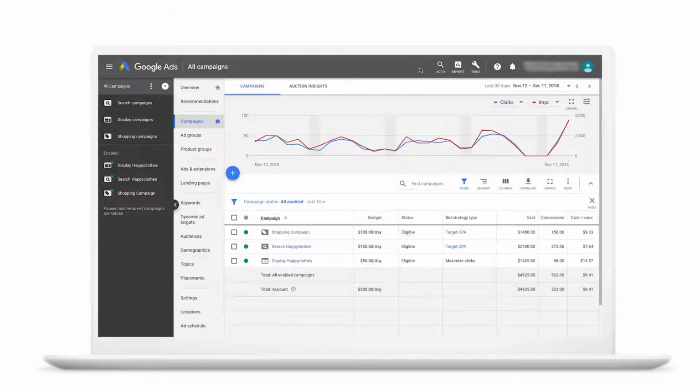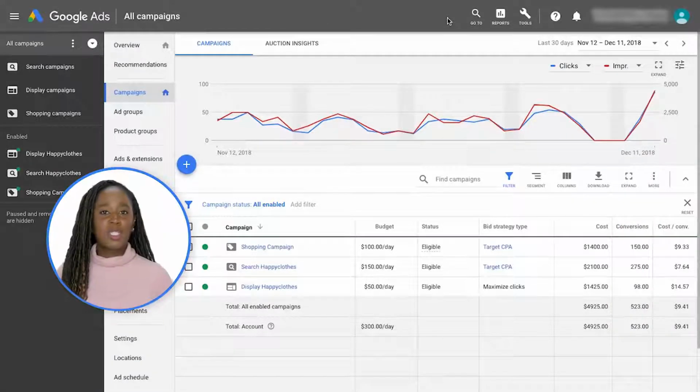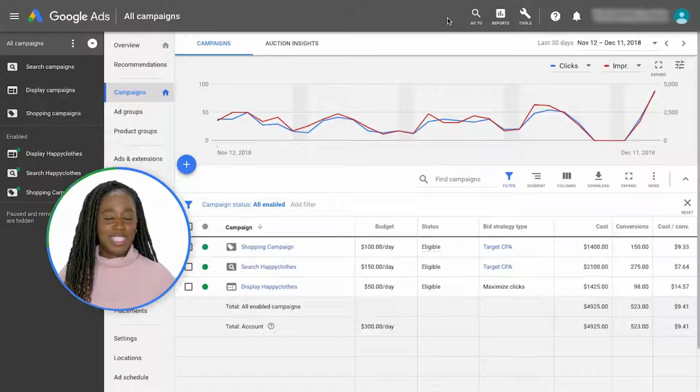Once you've updated your attribution model, your conversions column will now reflect your new non-last click model when new conversions occur. You can then use this data to optimize for which touchpoints drove the most value for your business. There are 3 recommended actions: adjusting targets or bids, testing new keywords, and re-examining campaign budgets.